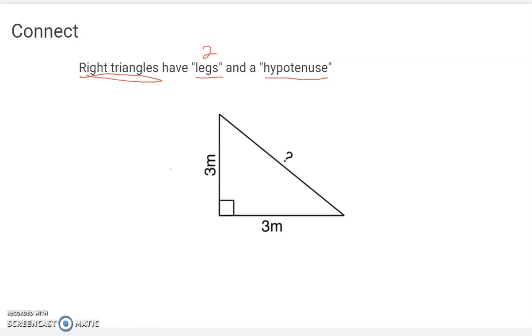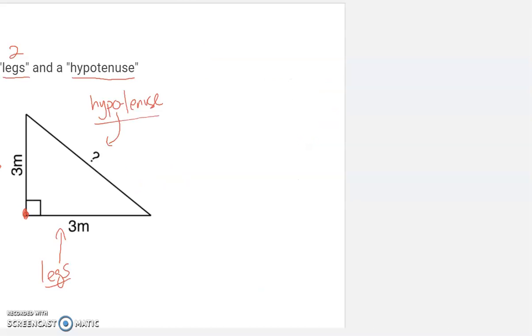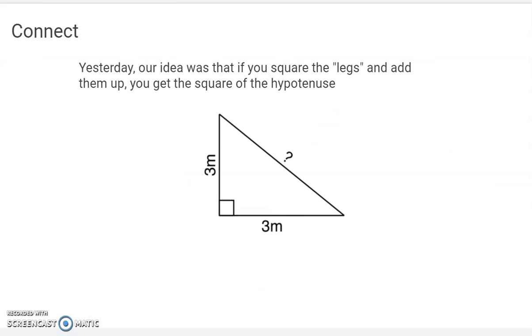So the legs are the two sides from the right angle. And then the other side that is across from the right angle, opposite from the right angle in geometry, is called the hypotenuse. That's a fancy word meaning the side of the right triangle that's not part of the right angle. And that's it. So leg, hypotenuse. And so yesterday our idea was if you square the legs,